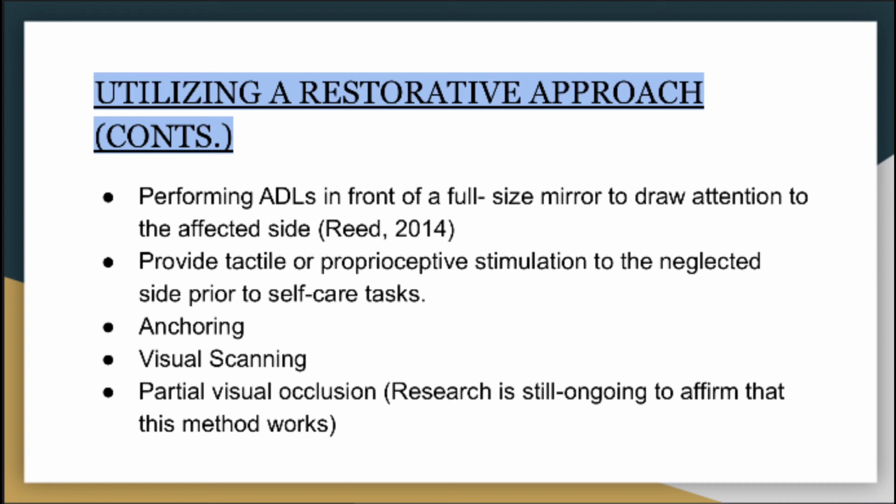Now, Ria and colleagues in 1997 performed an experiment with 10 participants with left neglect to force the use of the neglected eye. Partial visual occlusion includes placing a patch over the non-neglect half of the visual field of the client's glasses, or providing them with hemianopsia glasses, which have a clear lens and a shaded lens that reduces the amount of visual stimulus entering the non-neglected visual field.